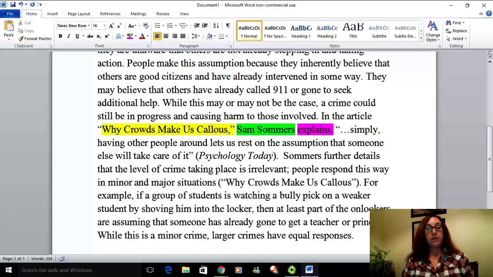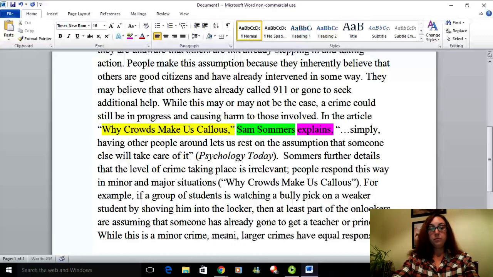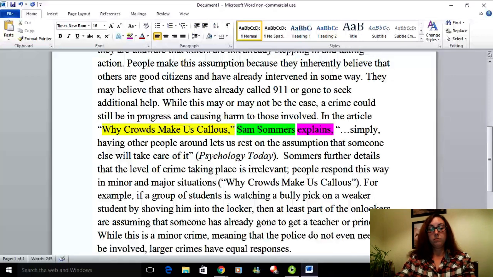While this is a minor crime, and I probably should add in some definition there of what I mean by minor crime, have equal responses. And then I'm following it up with, okay, now let me give you an example of a larger crime. For instance,